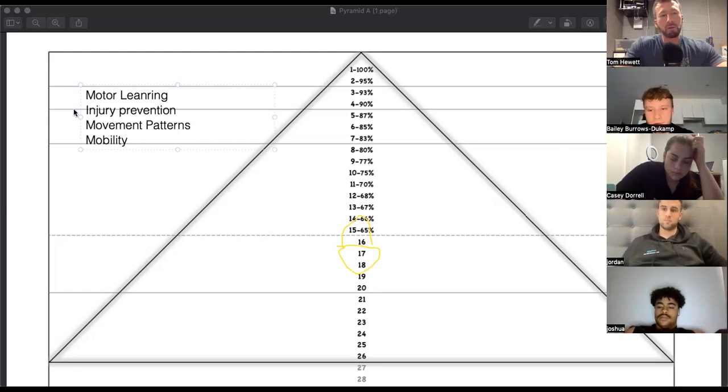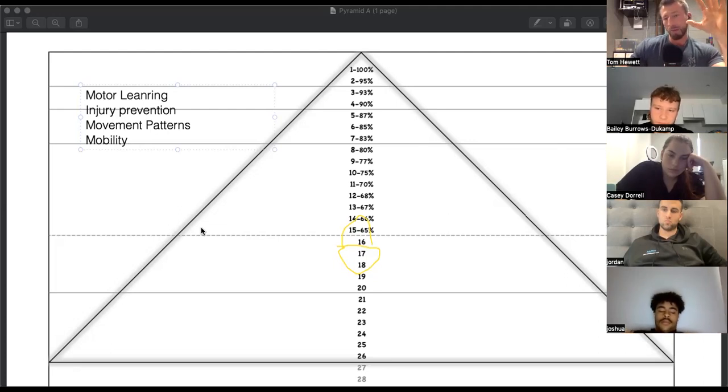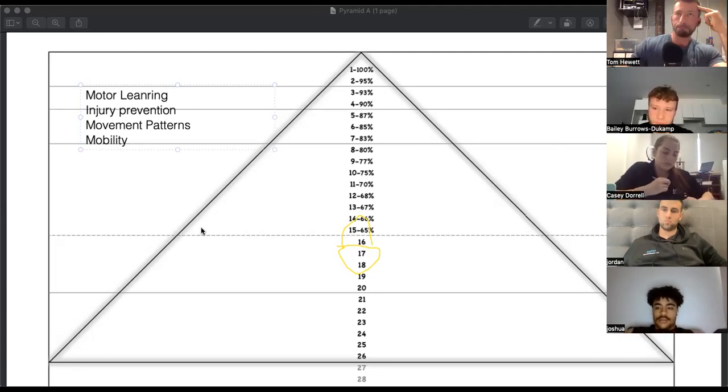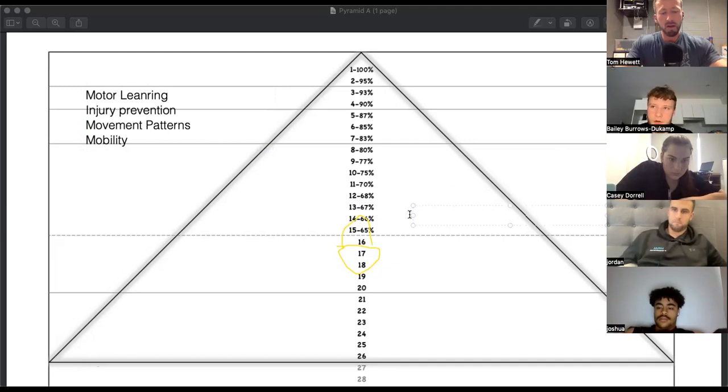Exactly. So if you're going to achieve all these things, like the motor learning, the skill development and the movement patterns, what develops that is repetitions and frequency. So you want to expose them to a decent amount of reps, so they get to practice the movement for a decent amount of time and attention, and you want to expose them to these movements frequently. So if they're doing, did we talk about volume, frequency, and intensity last week? We might have touched on it just very briefly. That's actually important. I'll do it here. It was mainly just screening stuff. Yeah, that's right. Okay, so